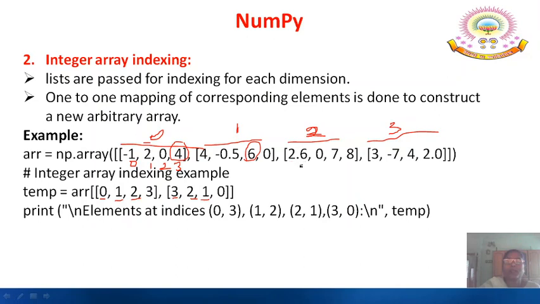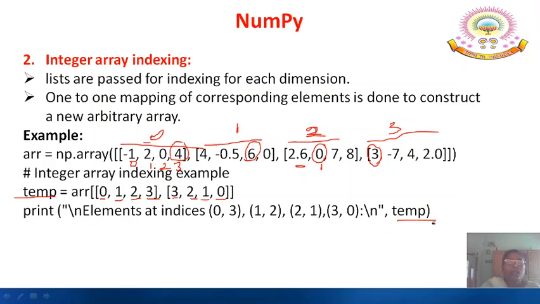This is the 0th element, this is the first element, so we want to access this element. And then we want to access the 3, 0 location: third row, 0th element. That means this is the element we want to access, and these elements should be stored into a temporary array, and that temporary array we want to print.